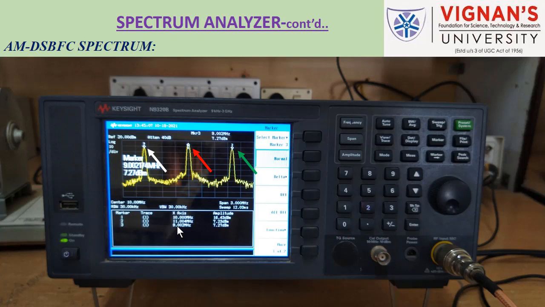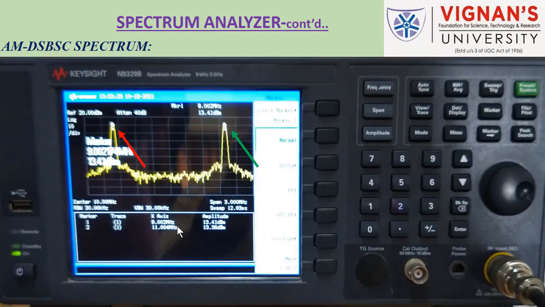And in addition to this, we have done the DSBSC experiment also, and the spectrum of the DSBSC is indicated here. The upper sideband is available at 11 megahertz, with the green color marker, and the lower sideband is represented at 9 megahertz, with the red color. The conclusion here is, by using this particular spectrum analyzer we can measure the signal power, signal frequency, phase noise,